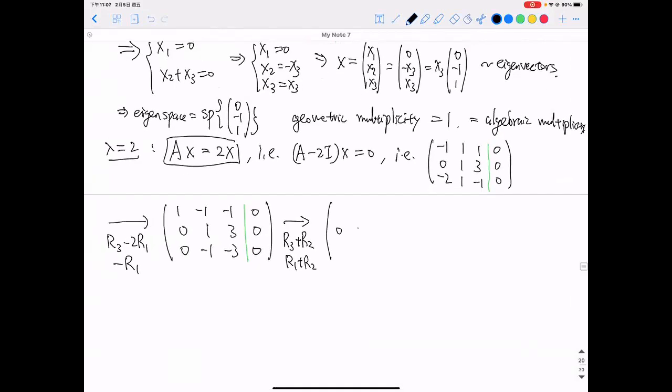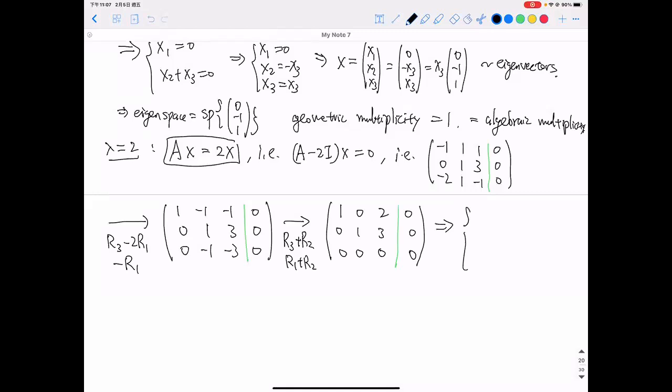R2 still is 0, 1, 3, 0. R3 becomes the entire 0 row. R1 is 1, 0, 2, 0. Okay, so this is now in reduced row echelon form,